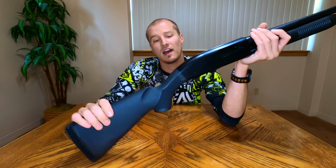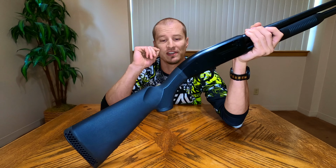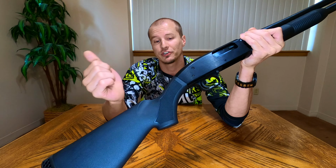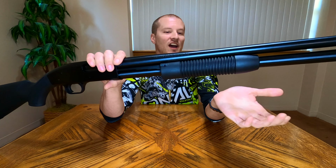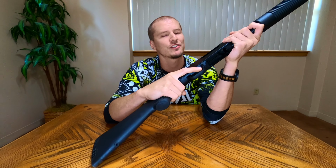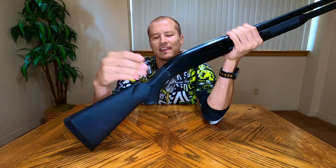Moving back to the stock here, it is just that synthetic black stock on this version, the Maverick 88 Security. Has a really nice aggressive texture on the grip. I would have liked to see this same texture up on the pump. It's not, and that's totally fine, but I am very glad that that aggressive texture is on the stock. It feels really good in your hand. It's just gonna make sure that gun doesn't come out of your hand,